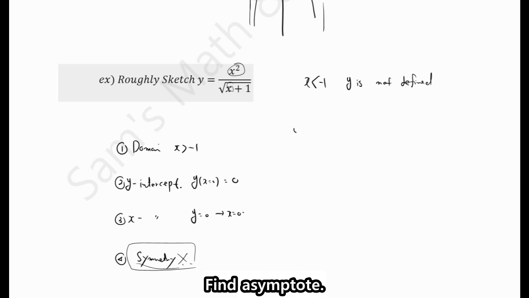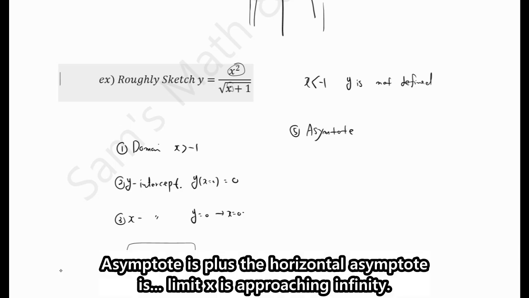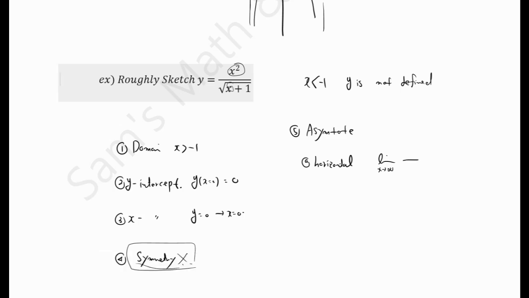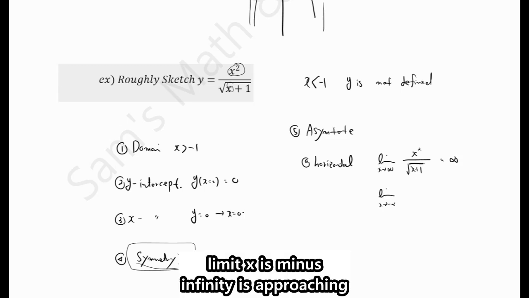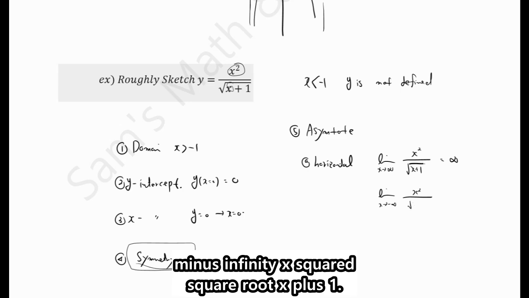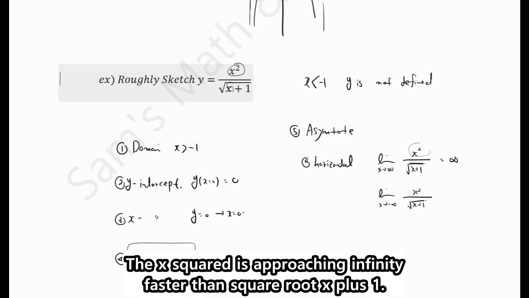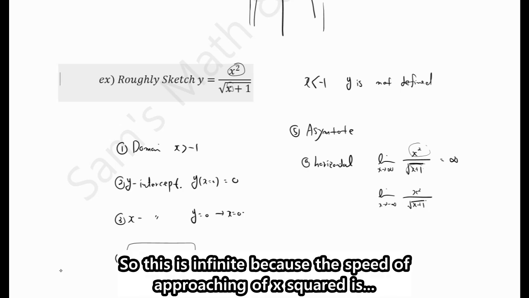And next step is to find asymptotes. First, horizontal asymptote. Limit as x approaches infinity of x squared over square root of x plus 1. This is infinity. Limit as x approaches minus infinity of x squared over square root of x plus 1. The x squared is approaching infinity faster than the square root of x plus 1, so this is infinite because of the speed of approaching of x squared,